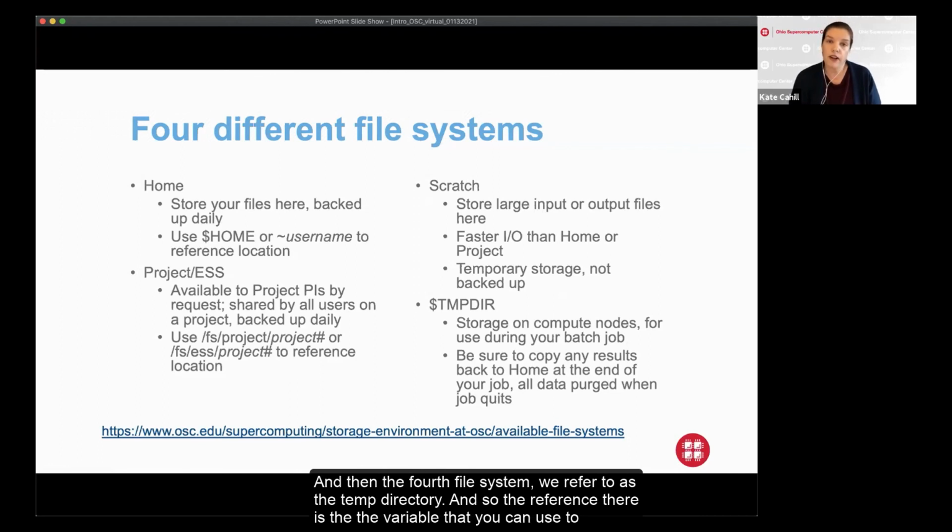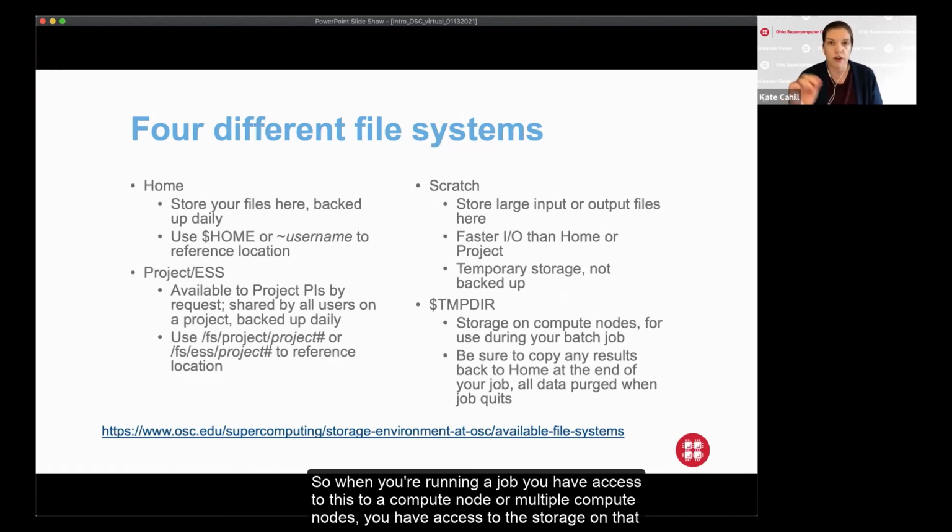And then the fourth file system we refer to as the temp directory, and there's a variable that you can use to reference it. That's the storage that's on the compute nodes. So when you're running a job, you have access to a compute node or multiple compute nodes. You have access to the storage on that compute node, but only during your job. So you can transfer files there, and then you can read and write all on the compute node.